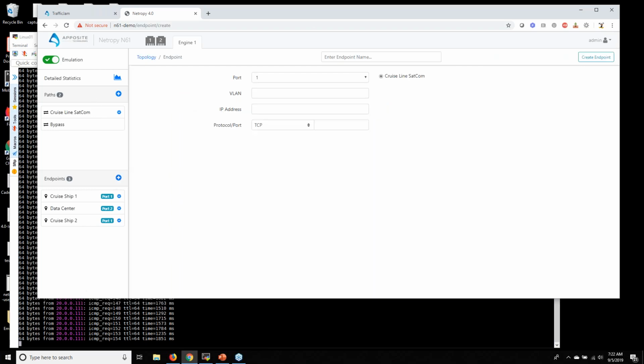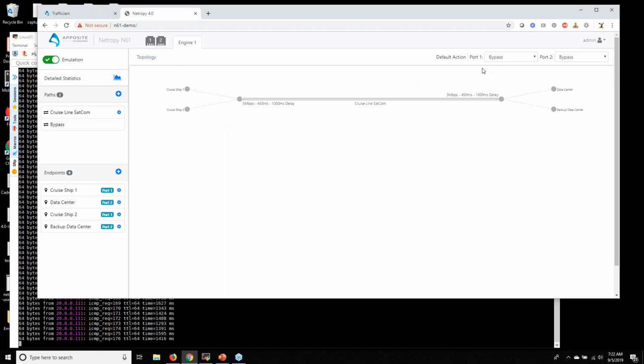And maybe you have a backup data center. And maybe he's 20.0.0.3. Great. So now we have a many-to-many example.